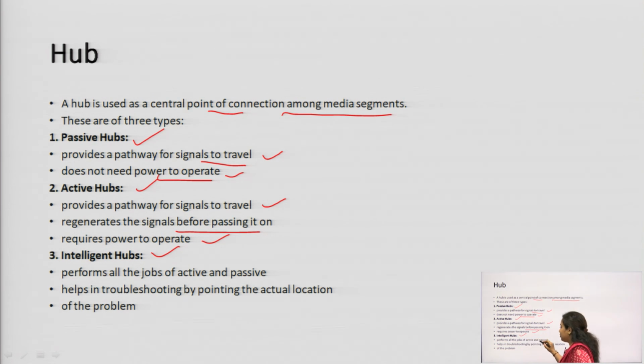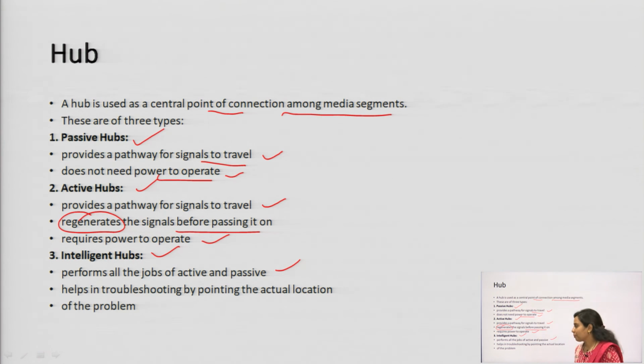Now, next is the intelligent hub. It performs the job of both active and passive hubs. So, what is the advantage of the passive hub? That it does not require power. What is the advantage of the active hub? That it requires power, but the advantage is that it will regenerate the signal. Regeneration is very important, so that whenever we are transmitting information over a longer distance, it will repeat or regenerate the signal when it has been affected